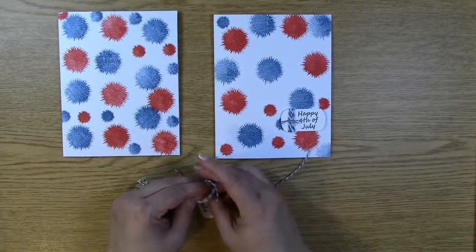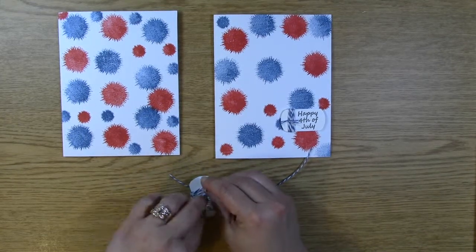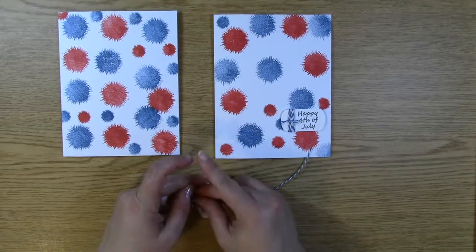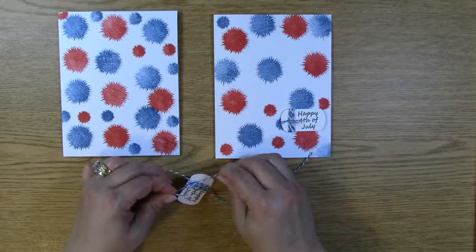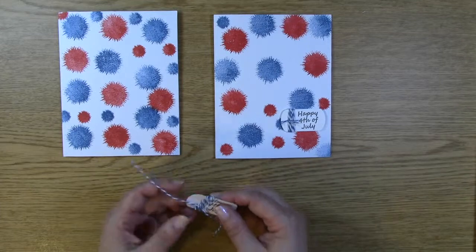Now you can do a number of different things. If you've seen any of my other tutorials, you can do different things with the twine. You could make it crisscross, you can make it even, you can weave it in and out, or do all different kinds of little designs on the side for the sentiment. I'm just going to make it pretty simple today, so I'm just going to cut off the end,